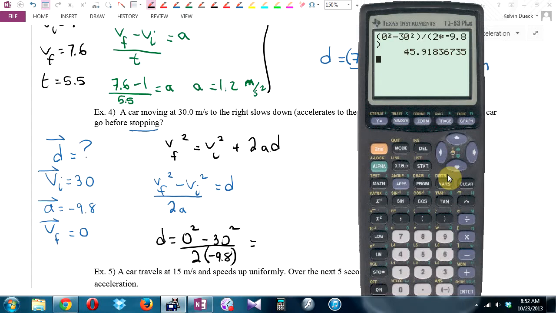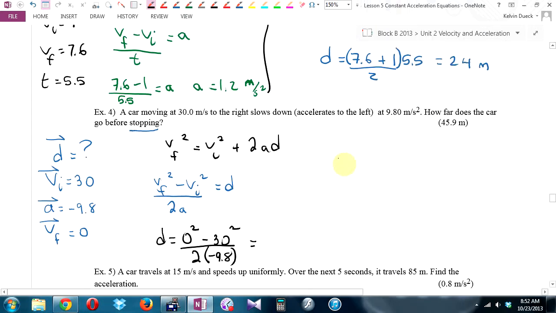Oh, hang on. How many sig figs? Let's see. How many sig figs in this 30? 3. How many sig figs in this 9.8? 3. Oh, so I guess 3 in my answer. Yeah, 45.9